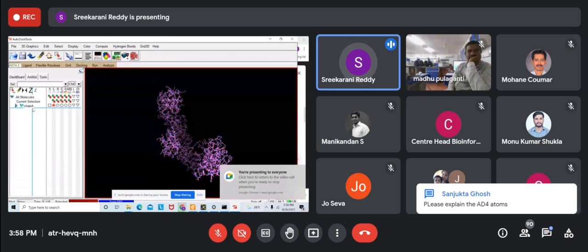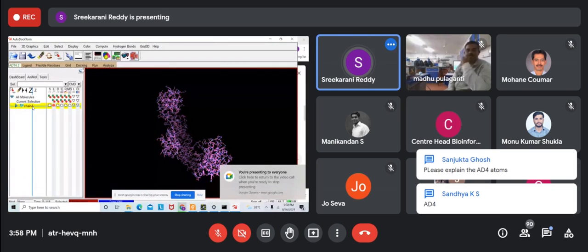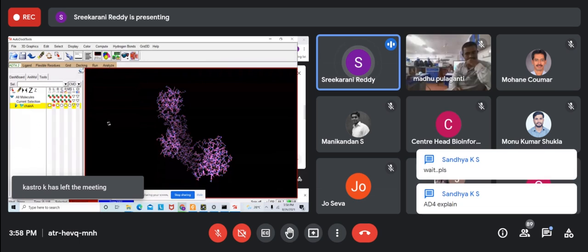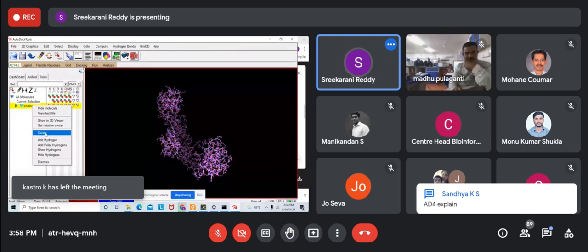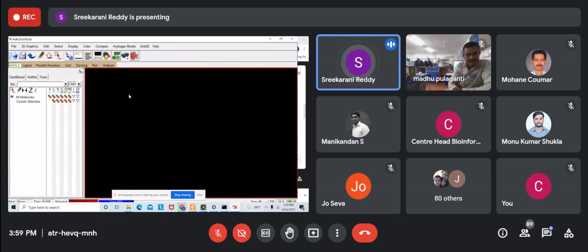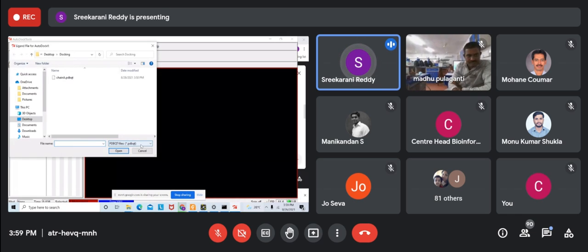Okay, now I have done the protein preparation, so I don't need this one. Now I need to prepare the ligand, so I will be importing the ligand file. What I did is, I right-clicked here and deleted this. So whatever we have done here is deleted, but the .pdbqt file has been saved. Okay, so now I am going to import the ligand. You are seeing the option Ligand, right? Ligand, Input, Open. So if you see here, the ligand.pdb file. So open.